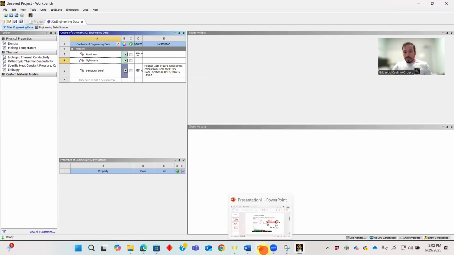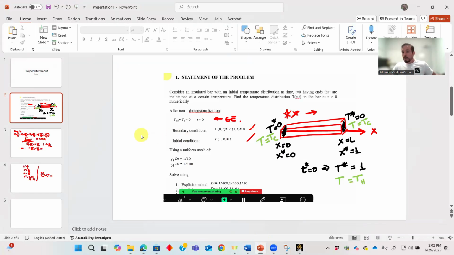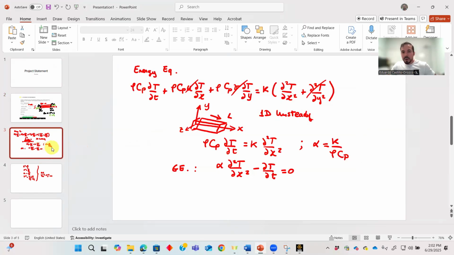And I know from this presentation that I shared a few minutes ago that the kind of properties that I need are these: thermal conductivity, density, and heat capacity. So I can define with that my thermal diffusivity, which I will make equal to 1. So my governing equation becomes my non-dimensional governing equation. So let's say that the material has density 1000 and that the heat capacity is equal to 1000, and my thermal conductivity then will have to be equal to 1 million. So when I calculate thermal diffusivity, it'll be equal to 1. And as long as the units are consistent, I should be fine.